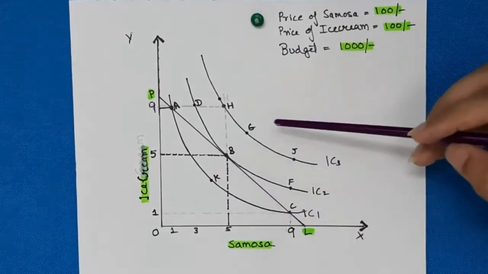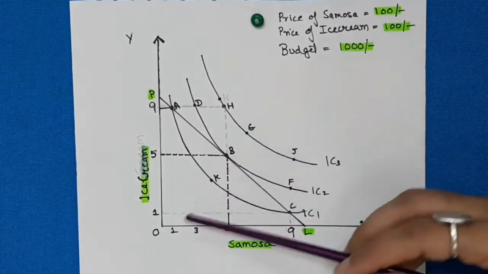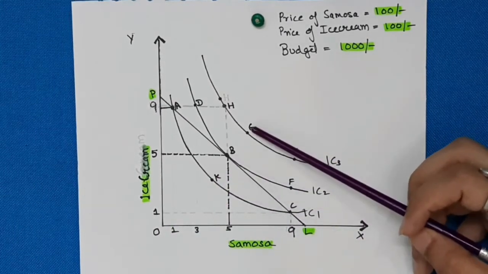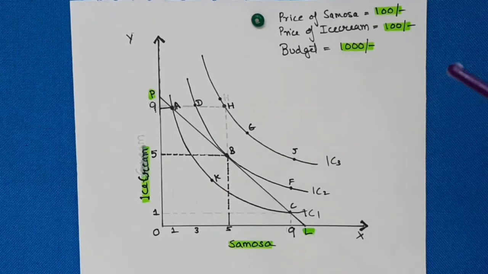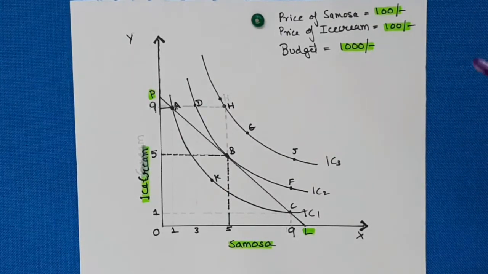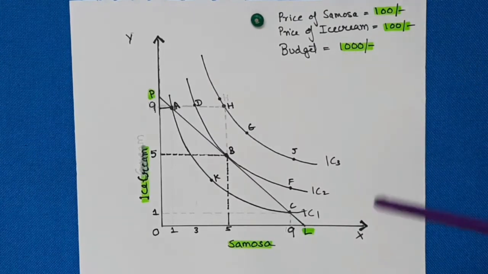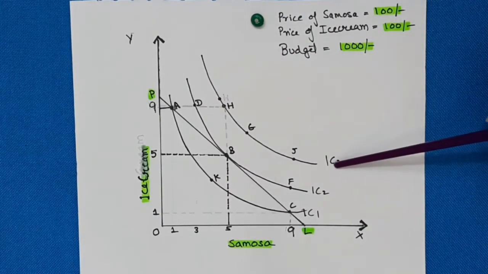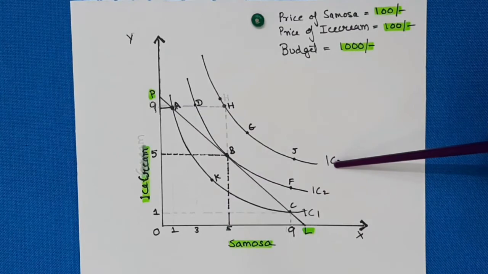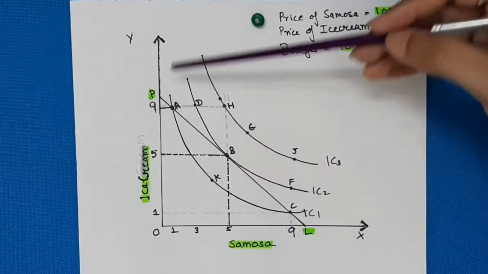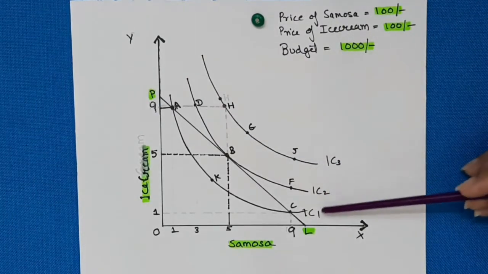So the higher the level of indifference curve, the higher is the level of satisfaction. The farther the indifference curve from the origin, the higher is the level of satisfaction. So if I say that you don't have to pay anything, you don't have any budget constraint, which indifference curve would you want to choose being a rational consumer? I know without thinking twice, you will definitely answer that IC3 would be your choice of consumption. If you don't have to pay any money, you will always want more to less over the other indifference curves, IC2 and IC1.